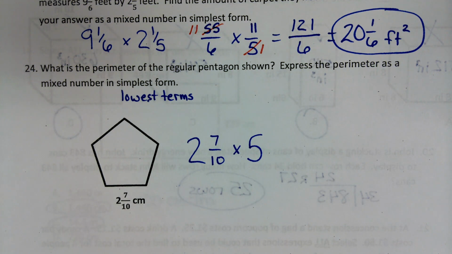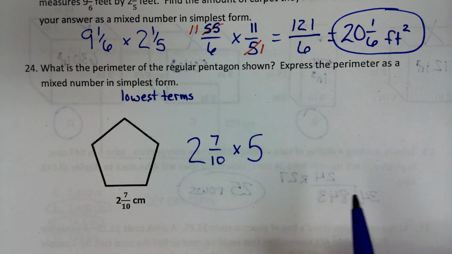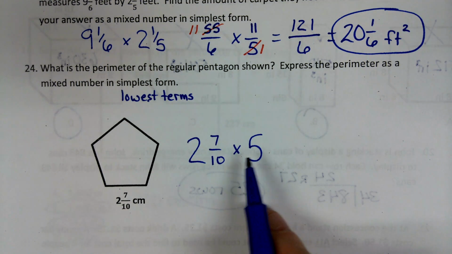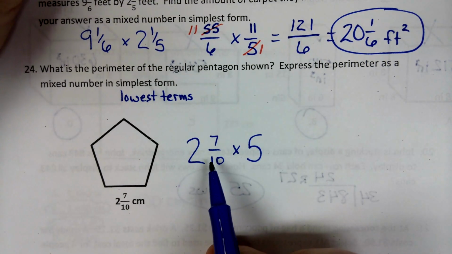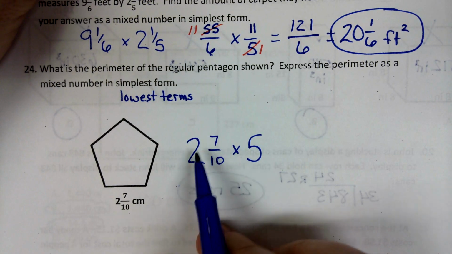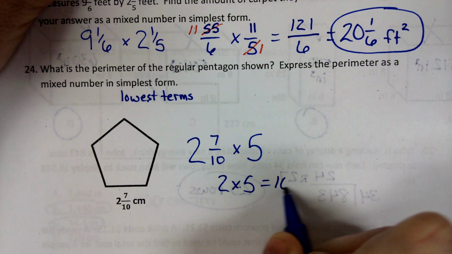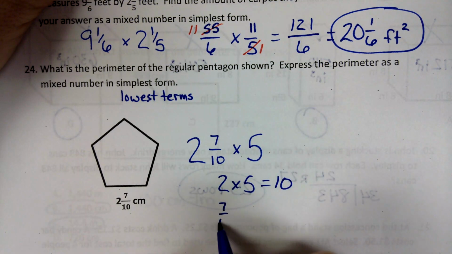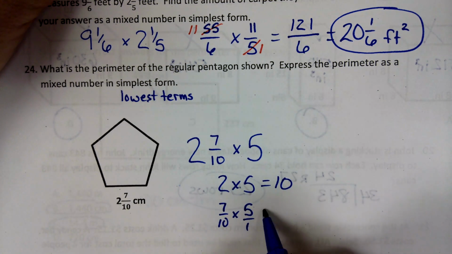Now, you could convert this to an improper fraction, do 5 over 1 and do your multiplication and convert it back to a mixed number. But if I've just got a whole number times a mixed number, something that I like to do is kind of that partial products idea, and I like to break this mixed number down. I'm going to do 2 times 5, there's a 10, and then 7/10 times 5, which is the same as 5 over 1, so that gets me